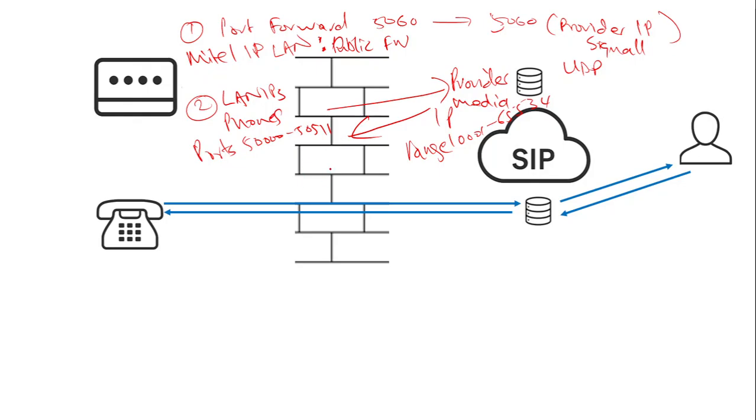And then to be able to change this IP address, the private IP address, to the public IP address of the firewall, we will make use of SIP ALG,